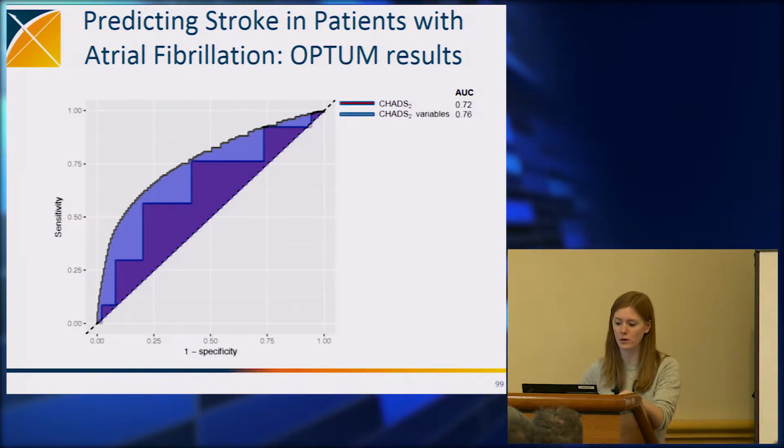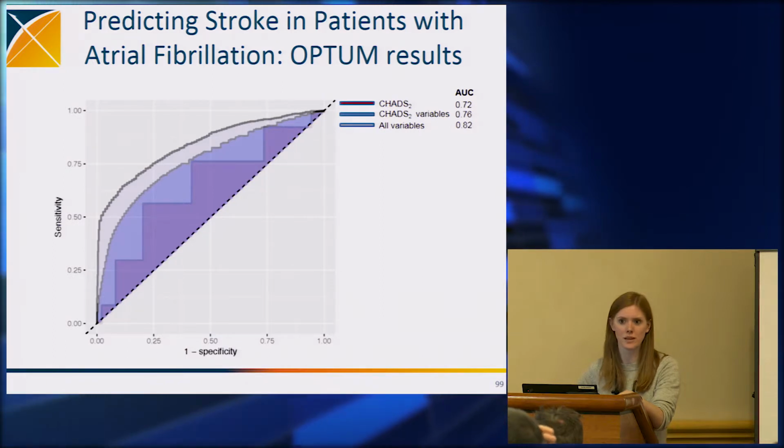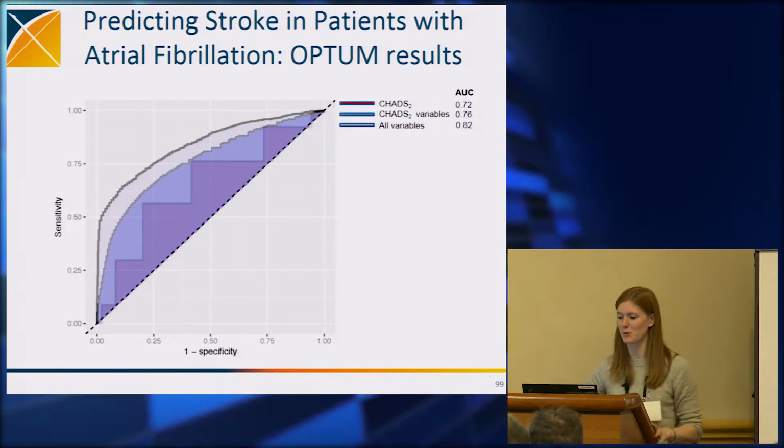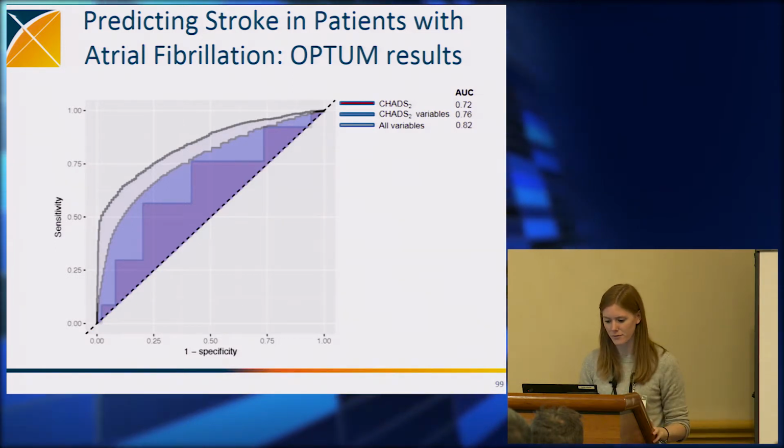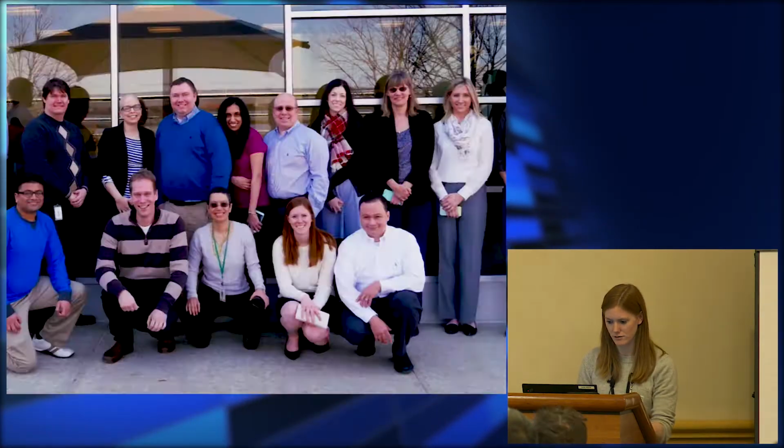When we looked at using all the variables reproduced, we got 0.82, which is comparable with their performance when they had the score on their own internal. So this is reproduction of that. Now,